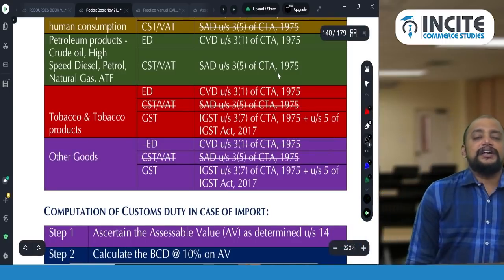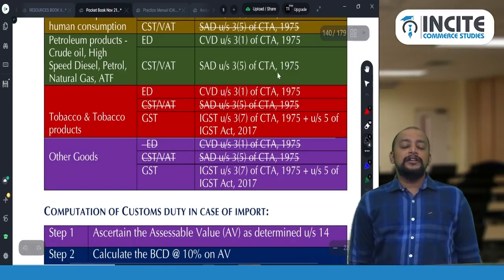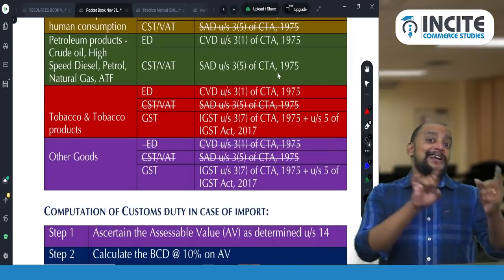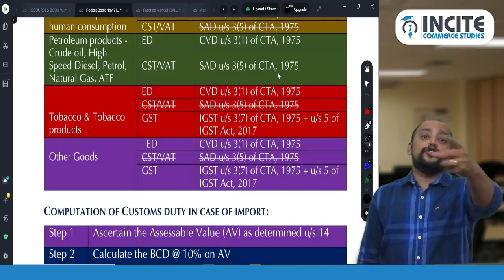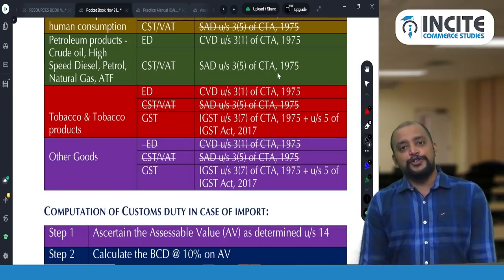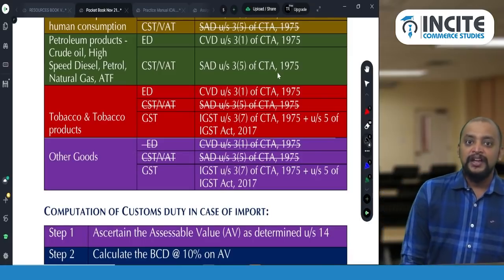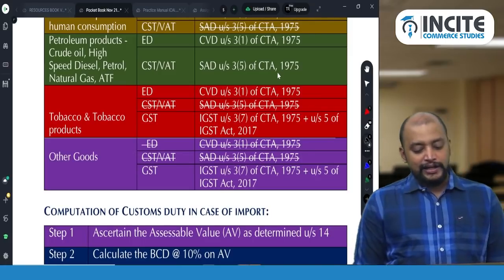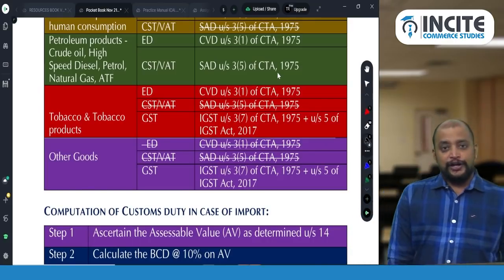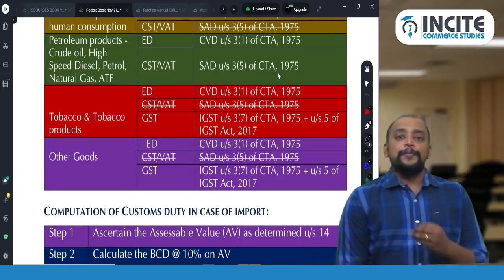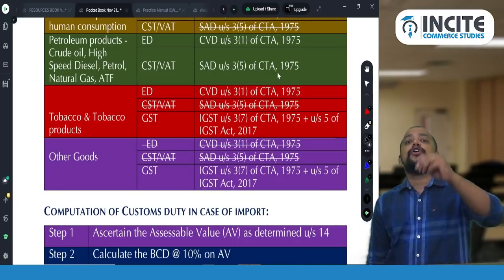So what is the rate of SAD? SAD is at the rate of 4% on total value. So wherever SAD comes, GST will not come. So therefore don't ask me that question: sir, when SAD is there, what is the treatment of GST? How is it possible? They both are mutually exclusive. So SAD is applicable in which case? Only in case of petroleum products, correct? Only in case of petroleum products, SAD is applicable. Now, on petroleum products where there is no GST, it is impossible to have a SAD and GST combination.